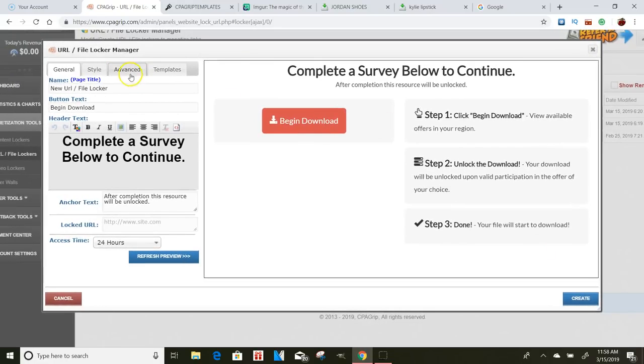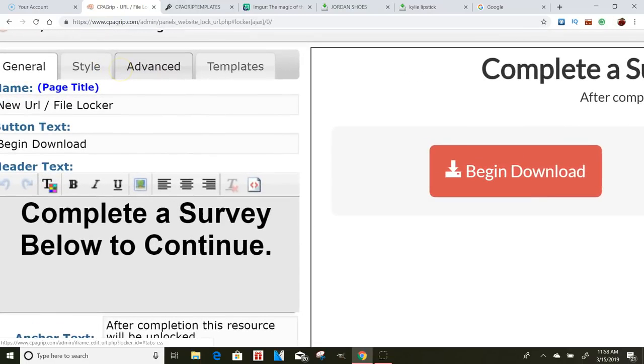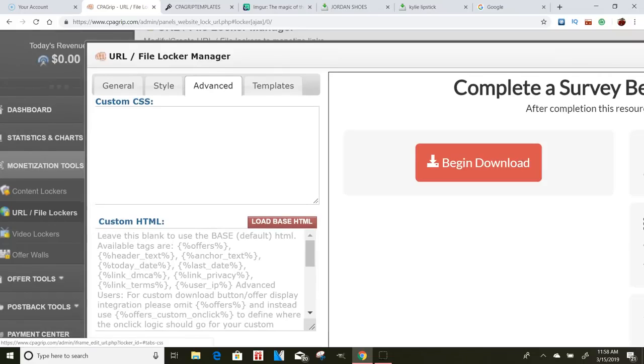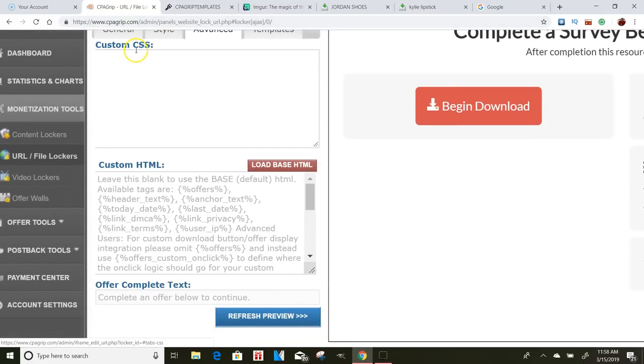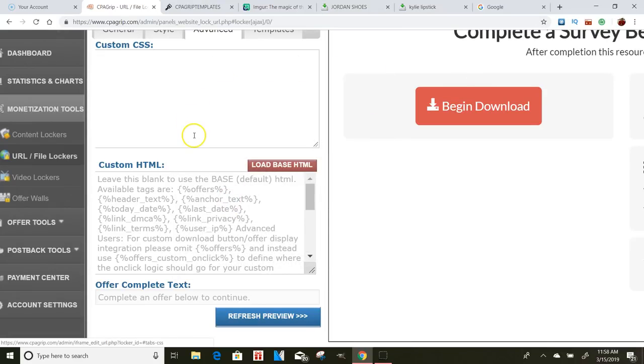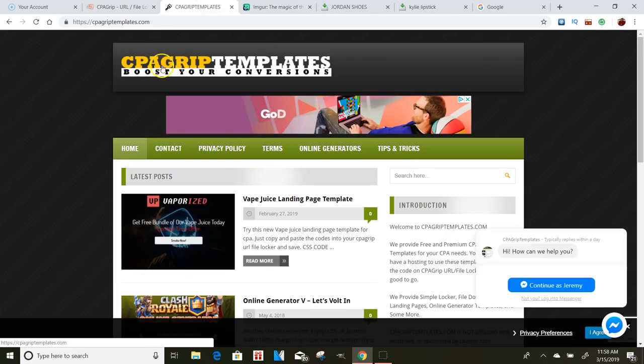It'll bring us to a page like this. Now, you want to go straight over here to advanced, right? So when you go here to advanced, it'll give you two boxes, a custom CSS box and then a custom HTML box. So then after that, we want to go to a website,